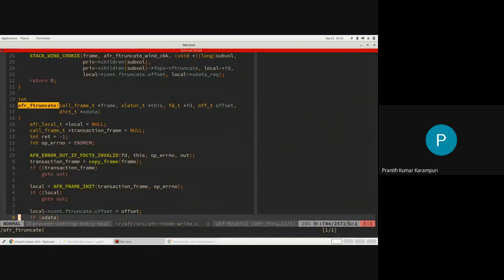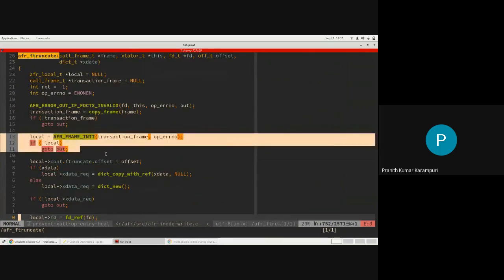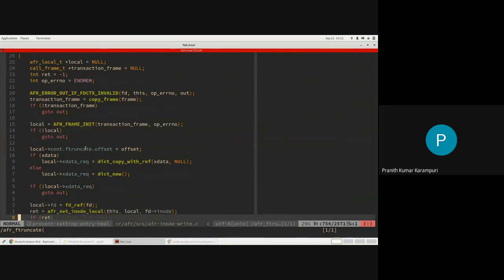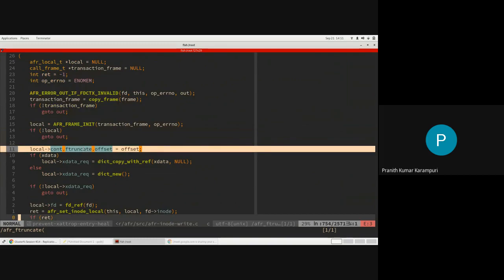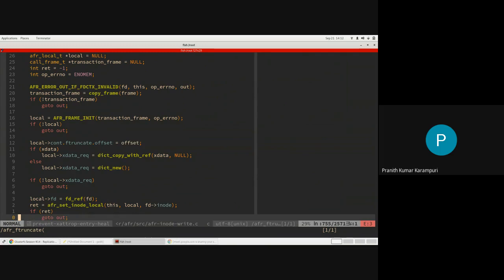So what happens is these are initialization of the local variables that are needed for this operation, and these are the file argument, the ftruncate arguments, you can say. This is till which offset you have to do the truncation. Generally, if you don't give any operation, it is still 0th offset. So basically, your file would be zeroed out. Otherwise, you can specify some offset.